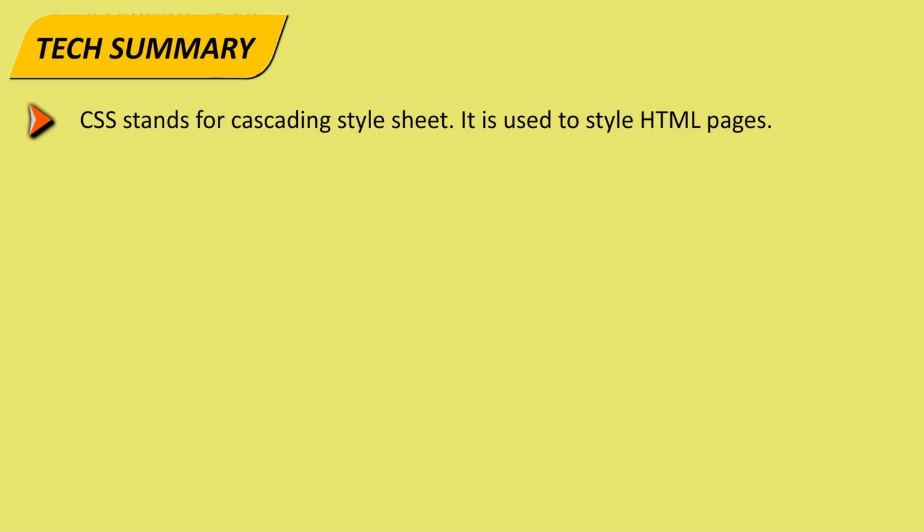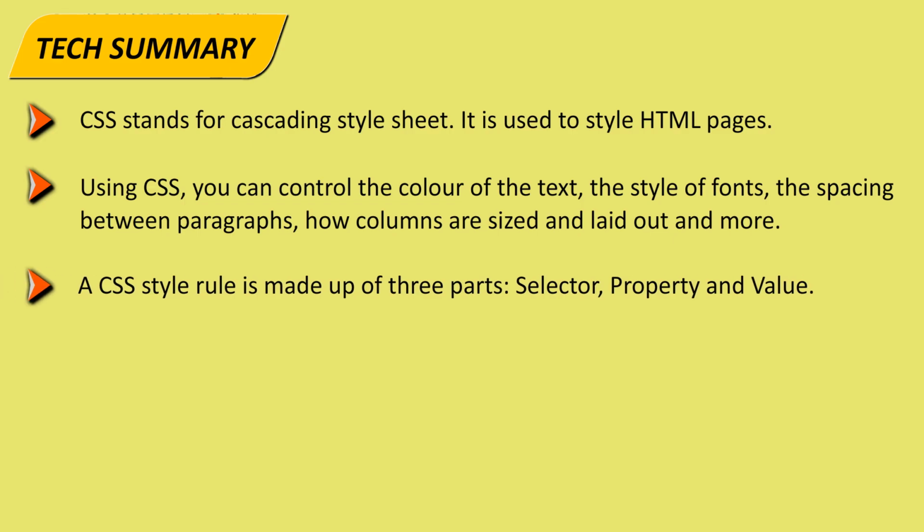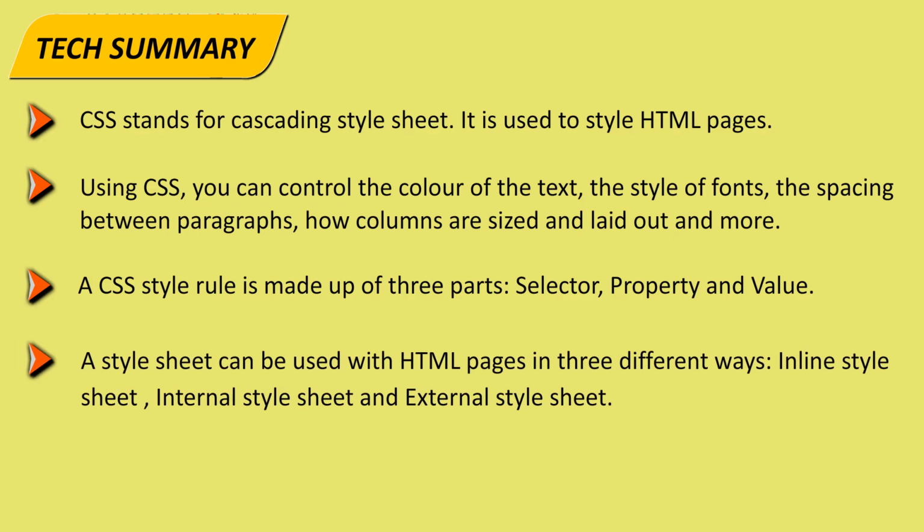Summary. CSS stands for Cascading Style Sheet. It is used to style HTML pages. Using CSS, you can control the color of the text, the style of fonts, the spacing between paragraphs, how columns are sized and laid out, and more. A CSS style rule is made up of 3 parts: selector, property, and value. A style sheet can be used with HTML pages in 3 different ways: inline style sheet, internal style sheet, and